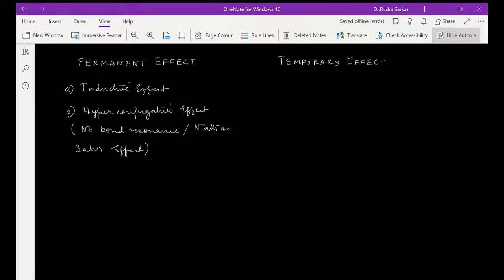Okay, and then we have the mesomeric effect,